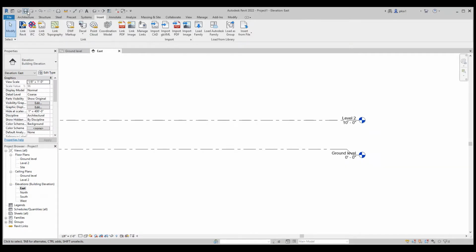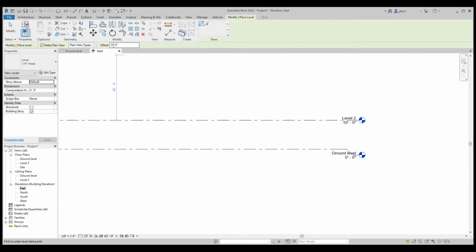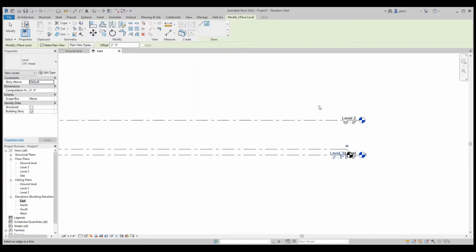In order to set the levels, we go to Architectural, Level, and come here and put 2 feet. With this, you come to the line and select. It goes down 2 feet under, and we want the walls to extend above the ground level by 3 feet. So after putting 3 feet up there, you come to the line and select 3 feet.